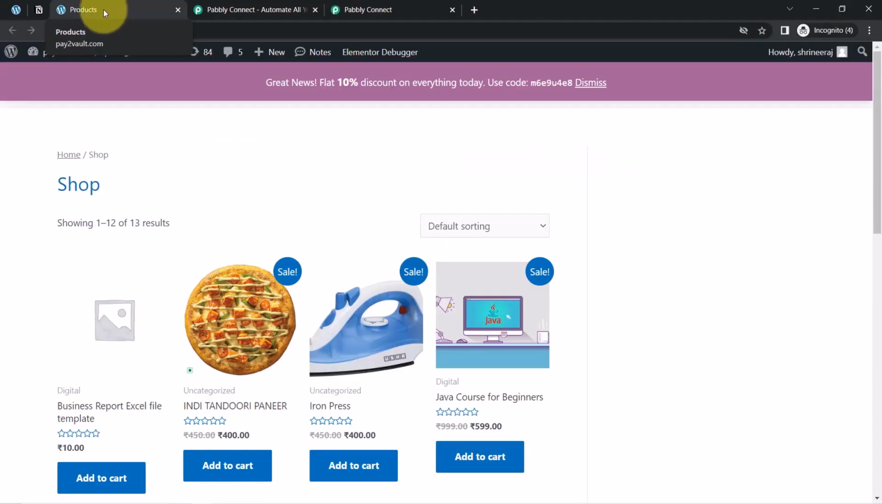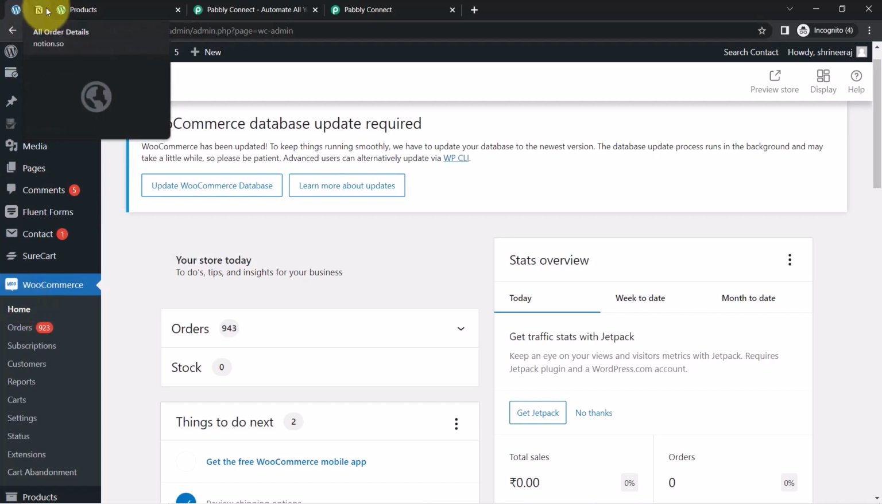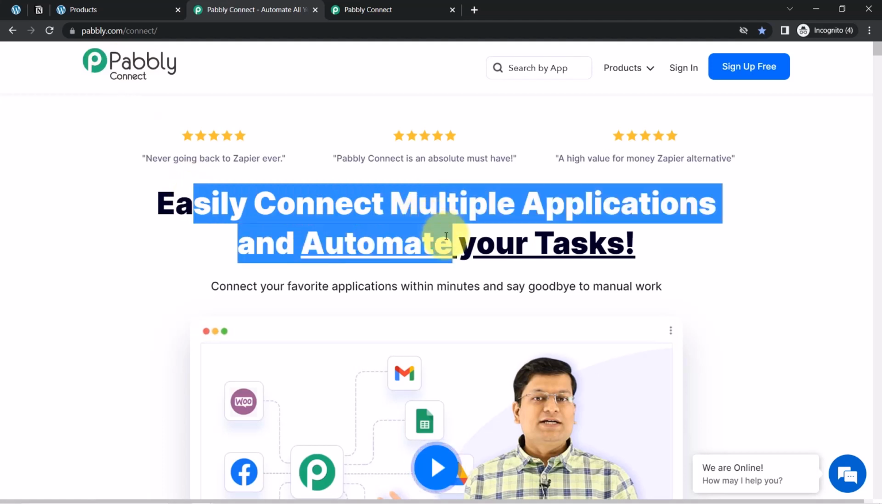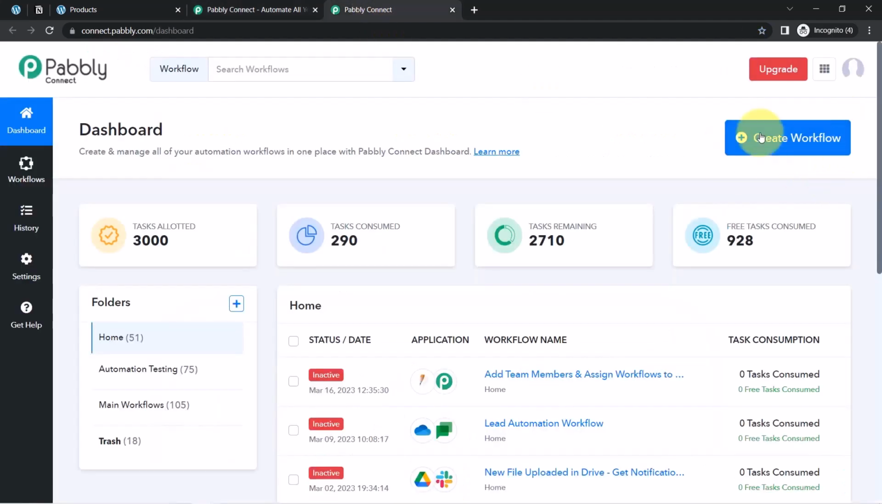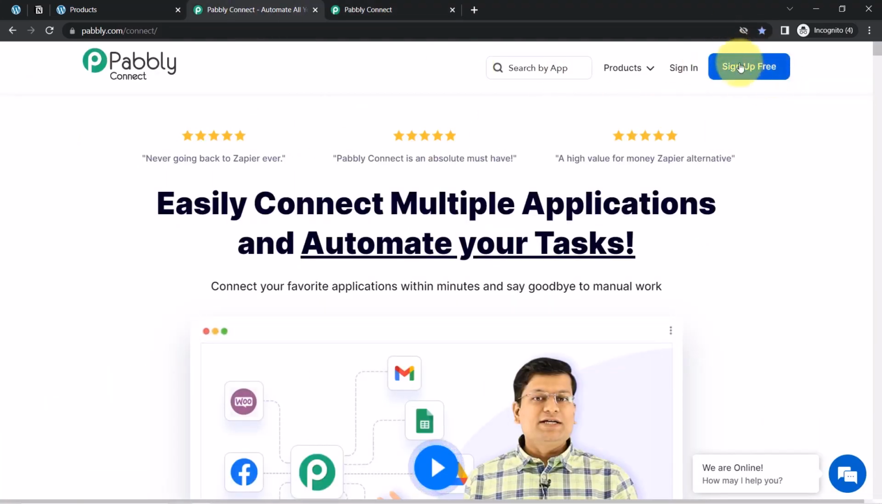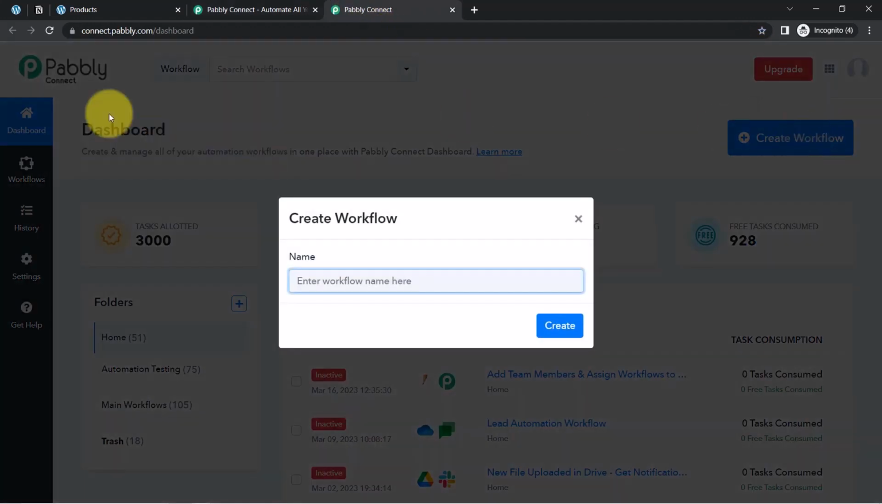To automate this process, I'll have to build an integration between the WooCommerce application and Notion, and I'm going to do that with Pabbly Connect. It is an amazing integration and automation software. I'm already an existing user of Pabbly Connect, so here you can see I'm already logged in. You can also create your free account in just 2 minutes, where you will also get free tasks to test this automation. Now, after reaching the dashboard, click on this blue button, that is create workflow, and provide